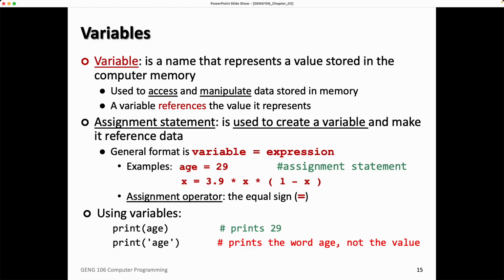And when we do this, I can immediately use it in any place. Like I said that age is 29, and I can print age so that it will print 29. It will print the value that this age variable references. But if, in my code, I say age with single quotes in between, then